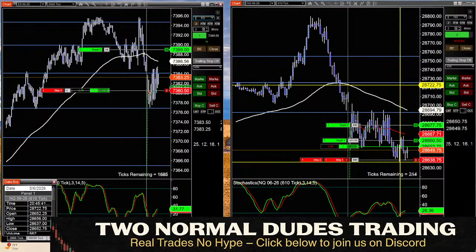I still like that short. Not gonna lie, if it comes down to that level, I might honestly take that with 6 contracts if it breaks below that level. At 638, yeah, that's a level that if it goes, you're gonna get a good trade. This will inch its way up, and I think we'll be all right.